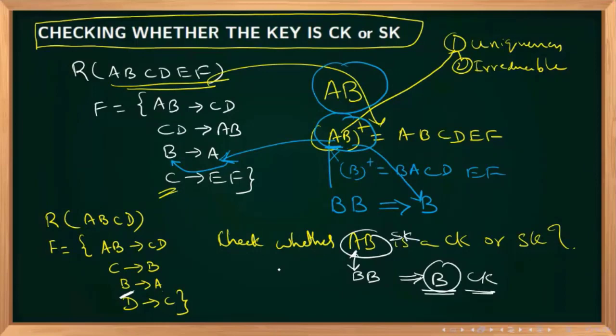Yesterday I told one statement: all candidate keys are super keys, but all super keys are not candidate keys. You can remember the second standard and first standard story. All second standard students finished first standard, so they hold both properties. But one guy studying in first standard doesn't mean that he is studying in second standard. So that is the case. All candidate keys are always super keys, but not all super keys are candidate keys.